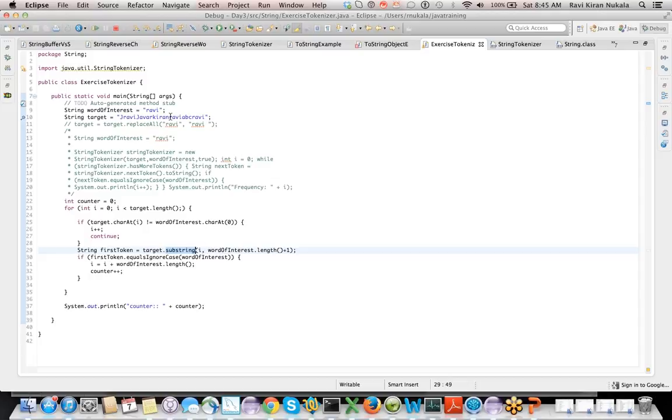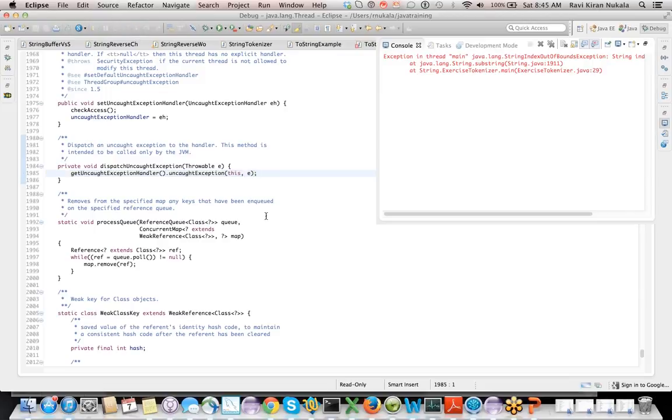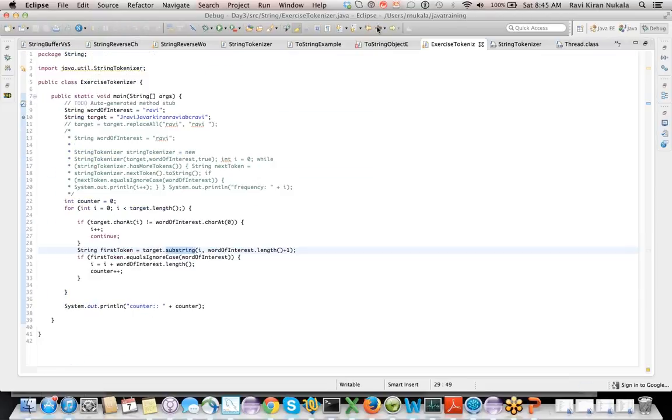Okay, here. See how error prone this solution is when you use just the string object. Here the word length is 4, but what we are trying to do here is it went till the last one, I think.